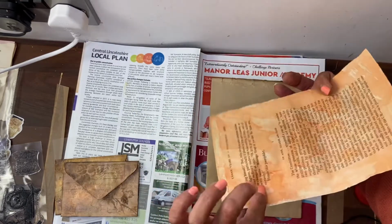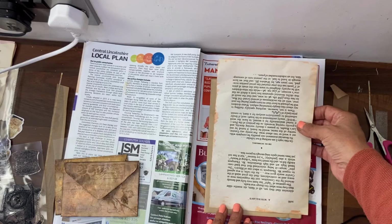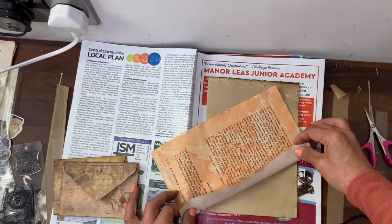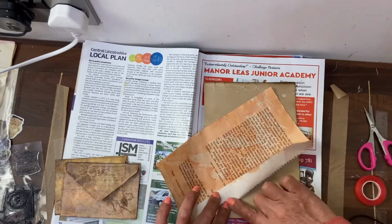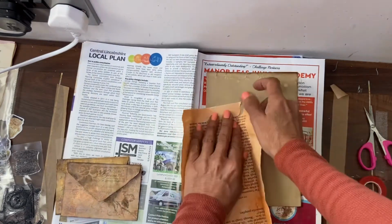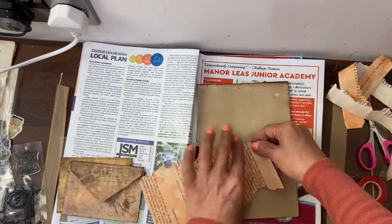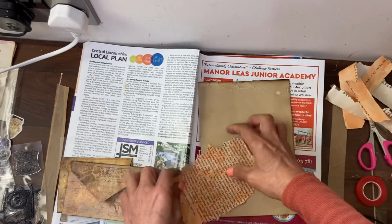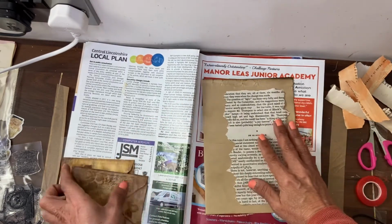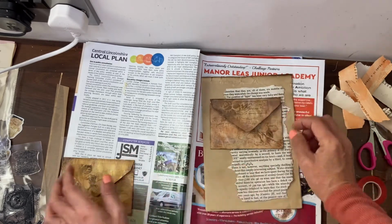So I have this paper that I'm not going to be using. It was used in the paper bead video, and I don't want it to be without print on it, so I'm using the reverse side. Just going to tear it. I want it looking scrappy and torn. If I wanted straight edges, I would tear it accordingly. And then I am thinking, if we do it a bit like this,